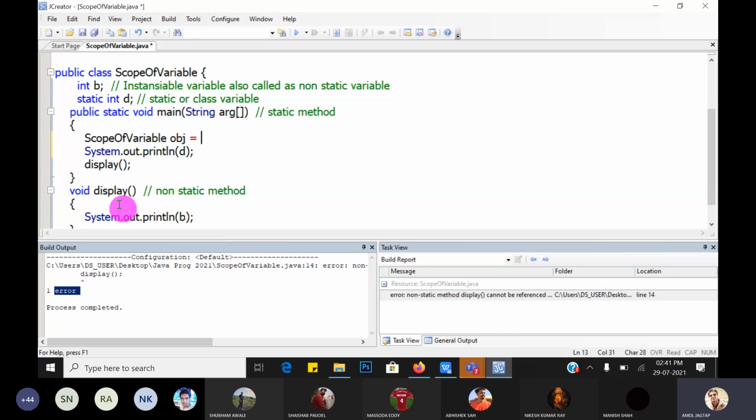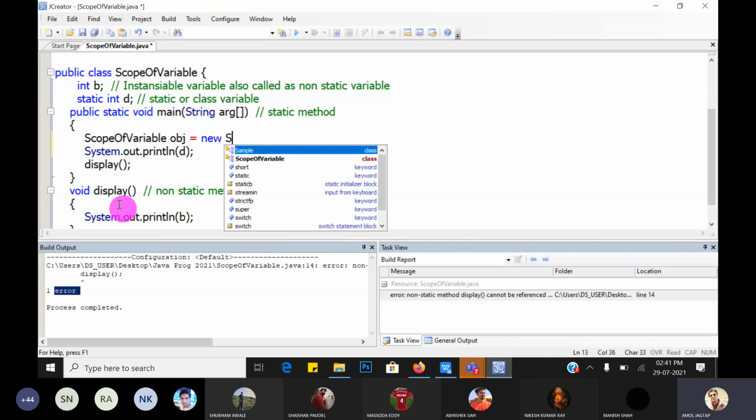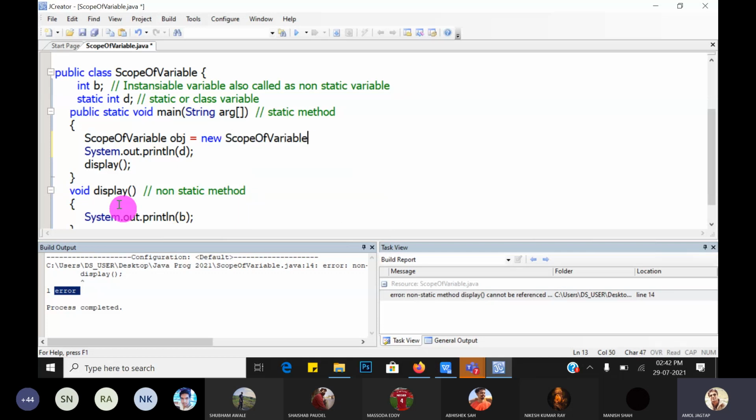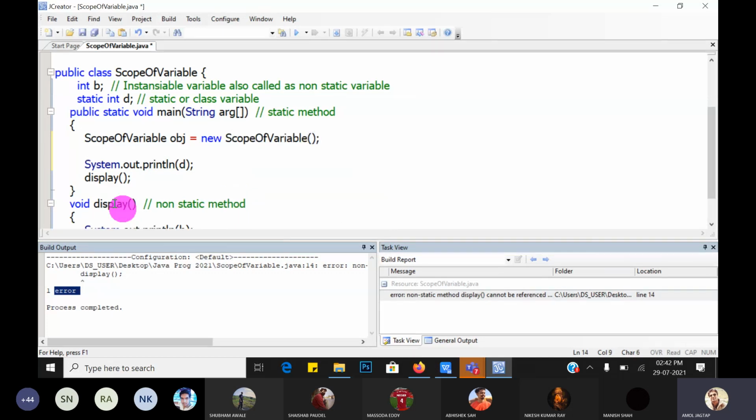Suppose obj is equal to new scope of the variable. It calls the constructor and creates the object obj, and using obj.display, we can call it, access it.